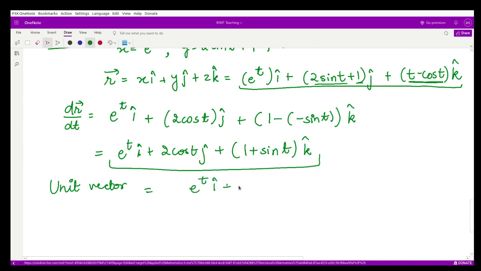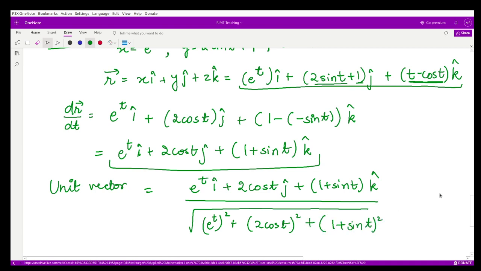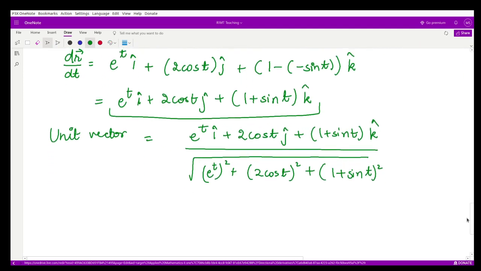So that will give you a unit vector in that particular direction. So we have 1 plus sine t k cap, and its magnitude would be square root of the component of i, that is e to the power t, its square, and then 2 cos t whole square plus then 1 plus sine t whole square. So when you simplify this, you will obtain,